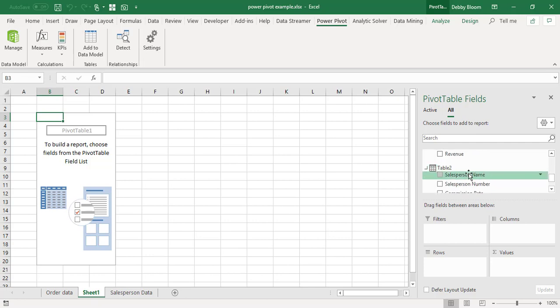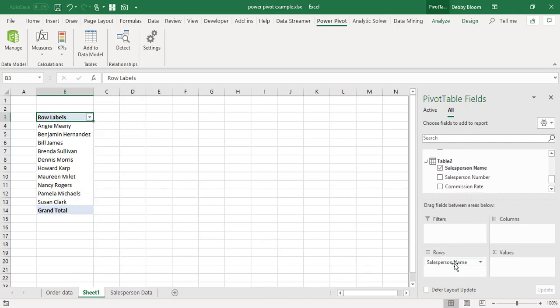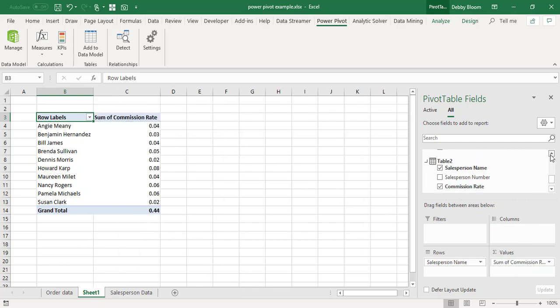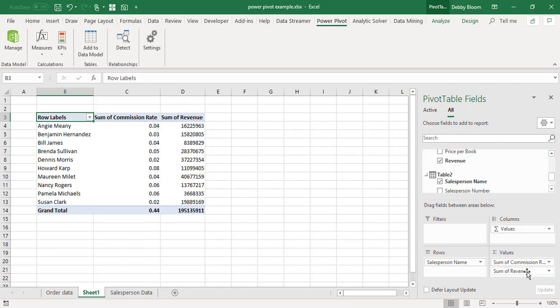So what I'm going to do is I'm going to scroll down until I see table 2. I'm going to drag salesperson name into the row area. Now into the sigma values area, I'm going to drag commission rate. And then from table 1, I'm going to drag revenue. So that is how easy it is with Power Pivot to calculate the revenue by salesperson, bring in the commission